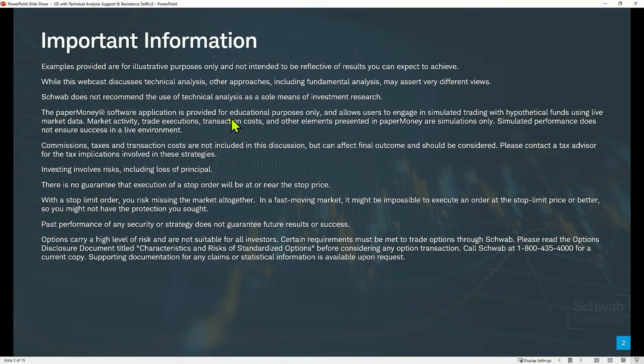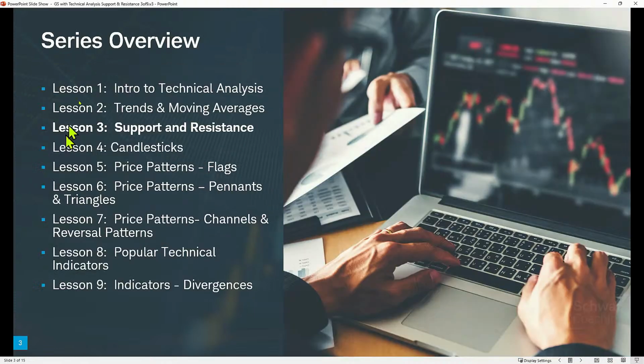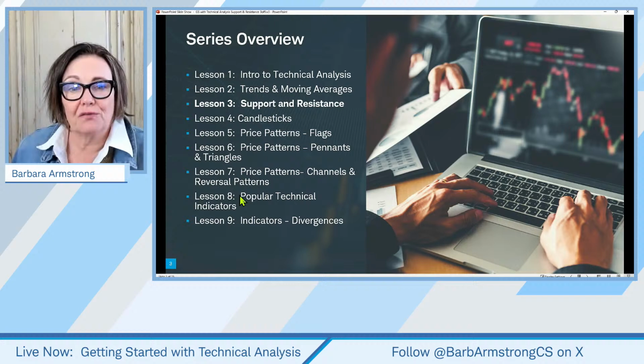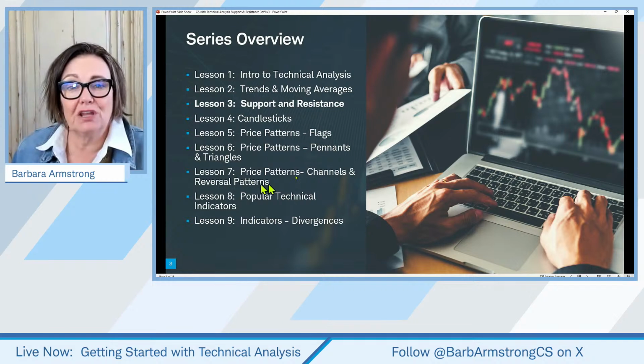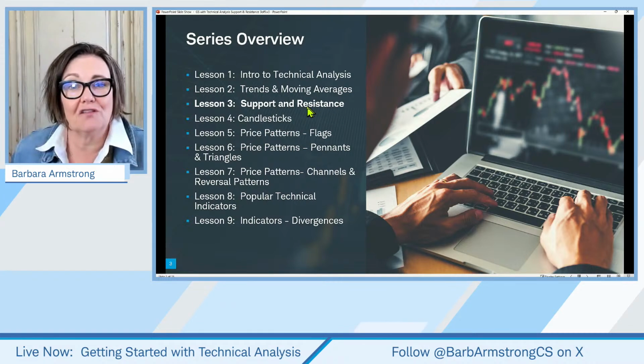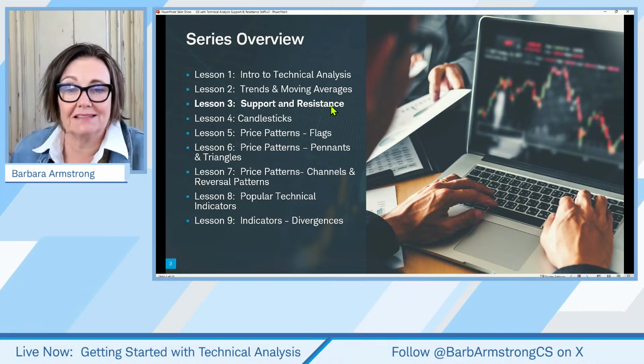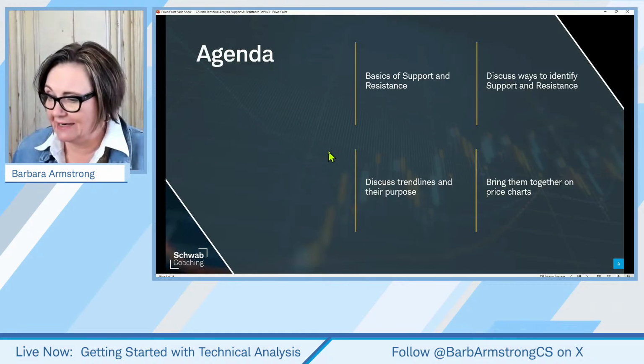We use the Paper Money software application on the Thinkorswim desktop platform. It is a brilliant place to learn and to make sure that you understand your trading strategies and how to place them on the platform, and that you have a plan in place before you consider trading in your live account. And so we're going back to kind of week 3. We have spent the last 3 weeks talking about different types of price patterns. And this diagonal resistance breakout is a price pattern in and of itself based on resistance lines. So we'll get into that in just a minute.